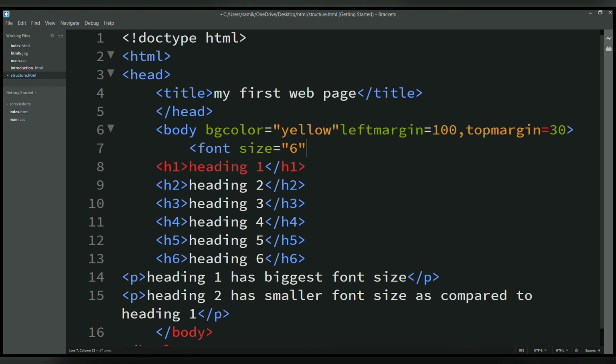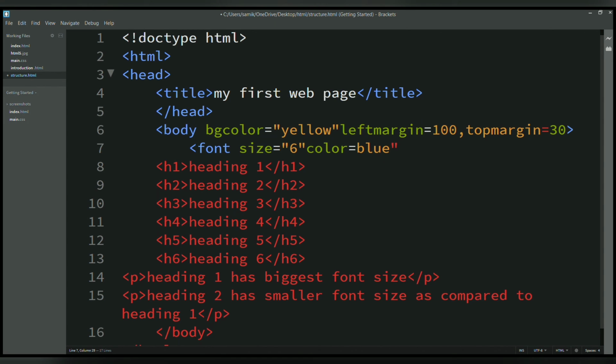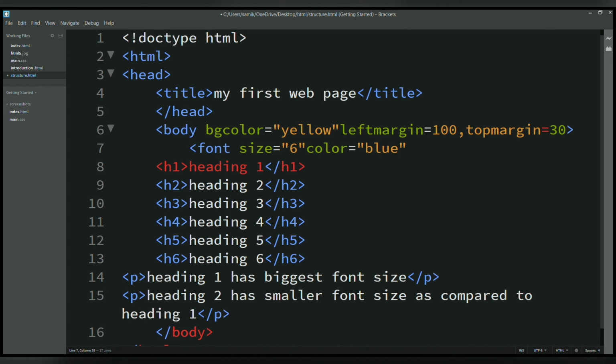And color will be blue. Sorry, equals, we are forgetting. So that color will be blue, and after that we have to use this angle bracket. So we have got the end of font. So now let's try to run.